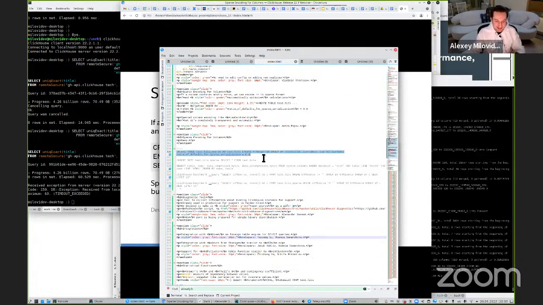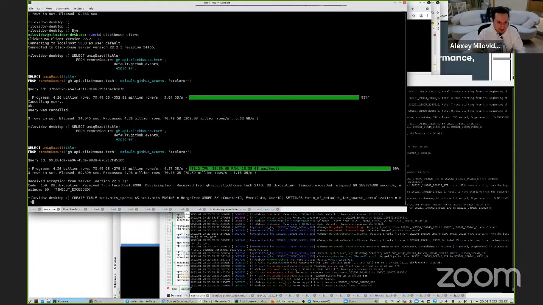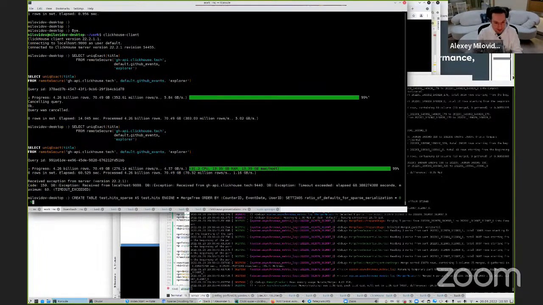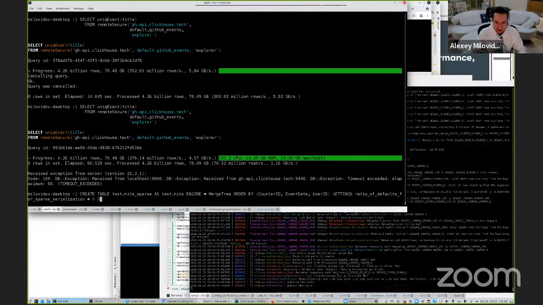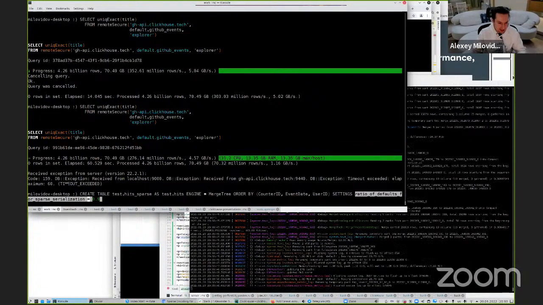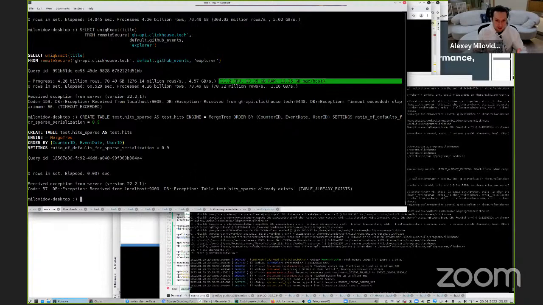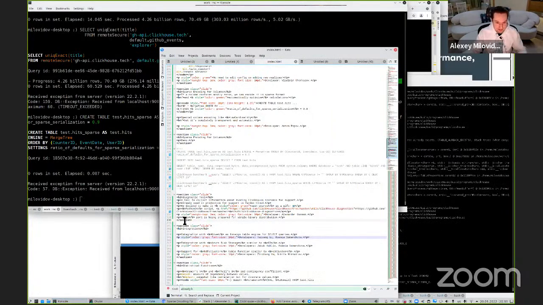Here are my examples. First, I will create a table similar to the test.hits table with the same structure, but with this setting. The table already exists because I already prepared this example.